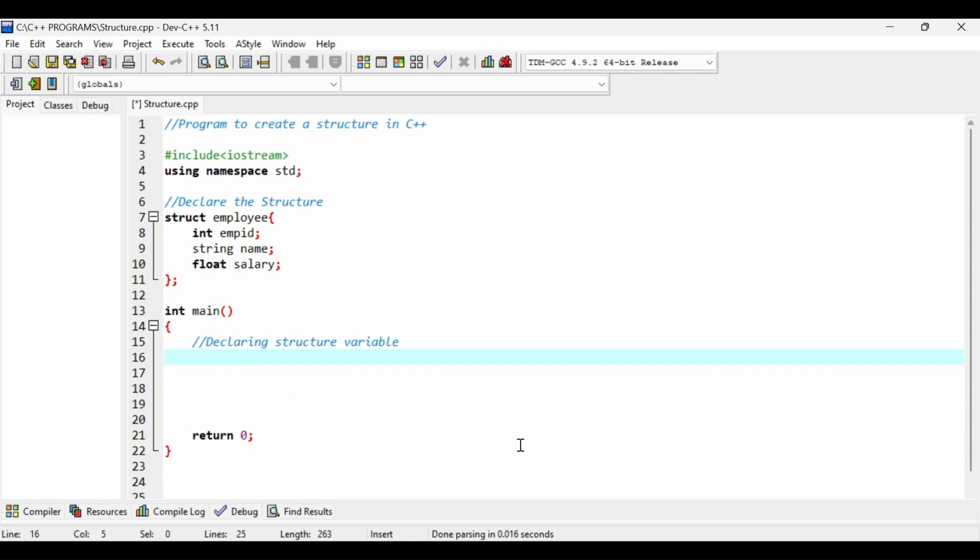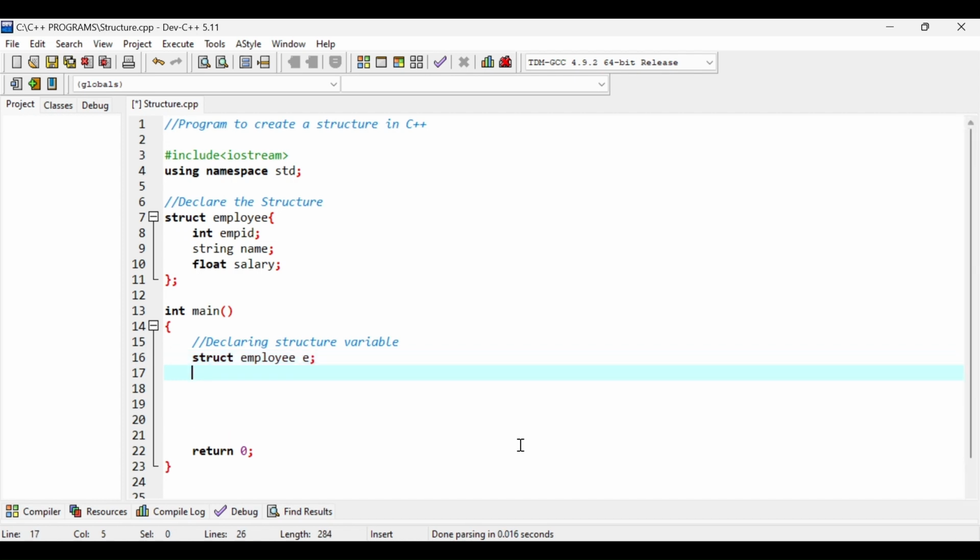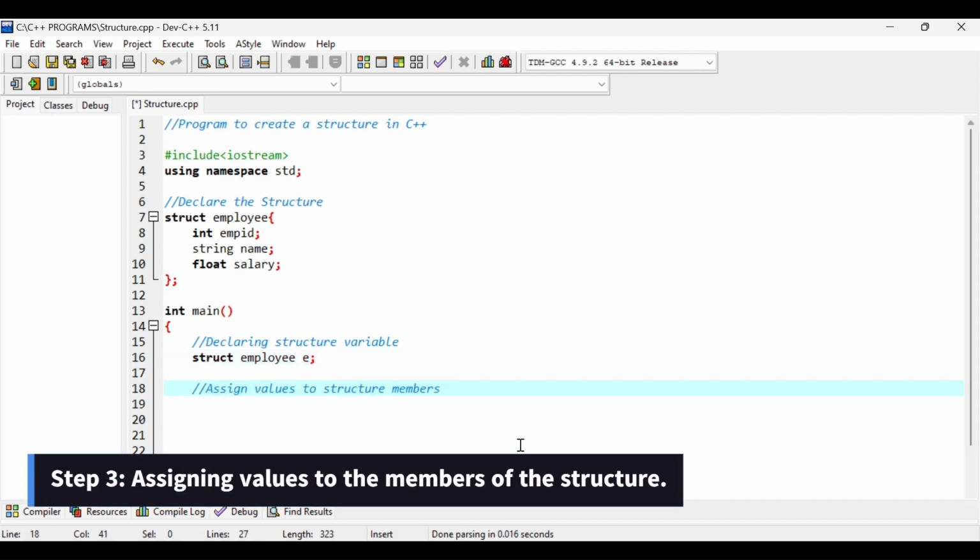So here I am going to declare my structure variable by typing the keyword struct followed by the name of the structure for which I am creating this variable. So my structure name is employee, and let's say my structure variable name is E, and then I will put a semicolon over here. In the next step, I am going to assign values to structure members using this structure